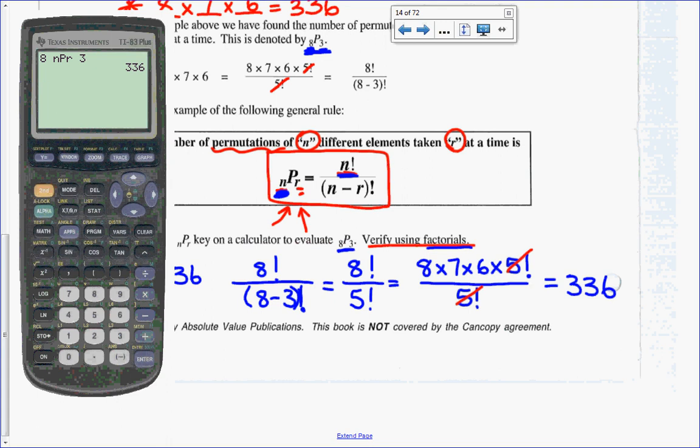Okay, so we've verified it, we've proved it using the formula. This formula will be on your formula sheet for any exams and for the diploma. You don't have to memorize it, but it is an important one to know and to know how to use. All right, the next page